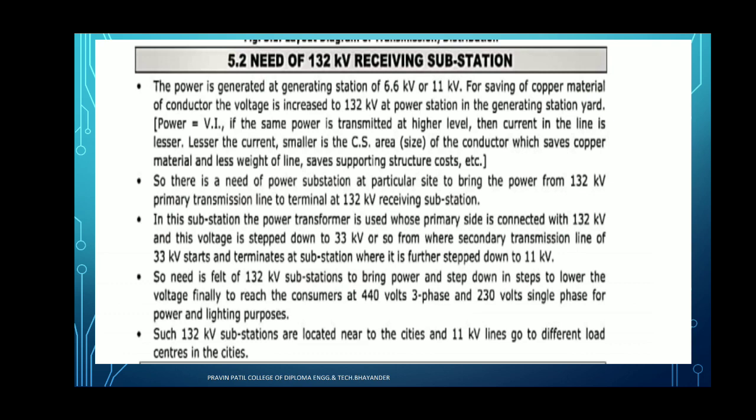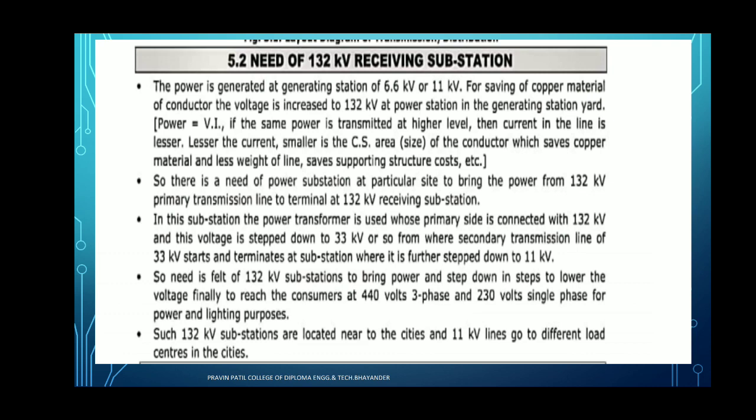Then distribution distributes the electricity for commercial application, domestic application, as well as residential purpose, as the electricity is supplied from the feeder to the consumer with the help of the distribution power station. So the need is felt of a 132 kV substation to bring the power and step it down in steps to a lower voltage. Finally, to reach the consumer at 440 volt, 3 phase, and 230 volt single phase for the